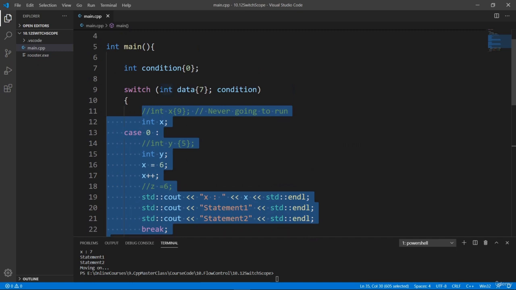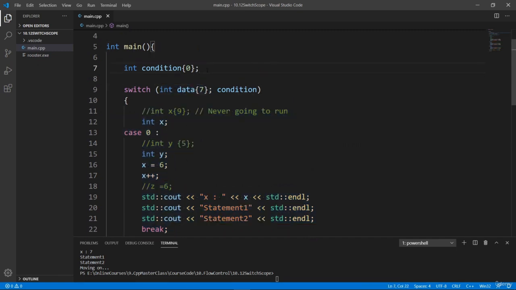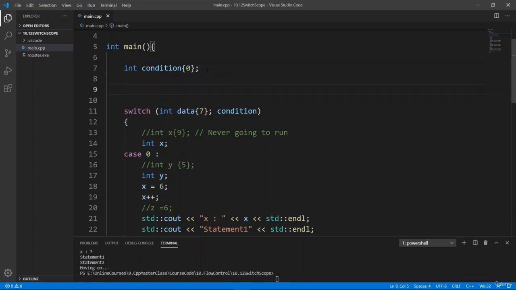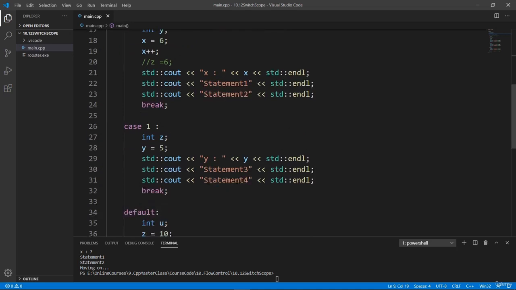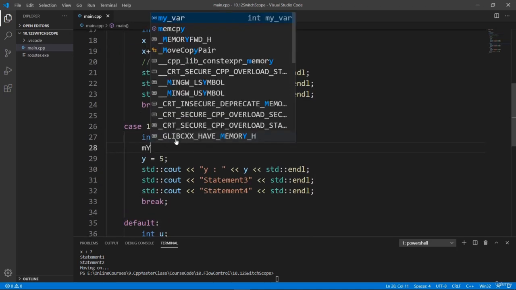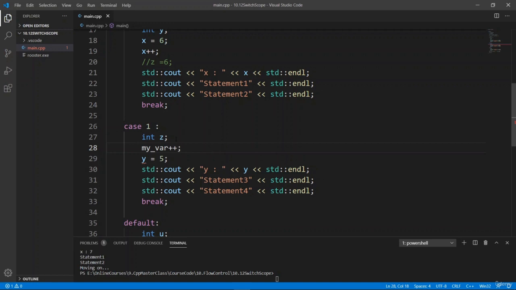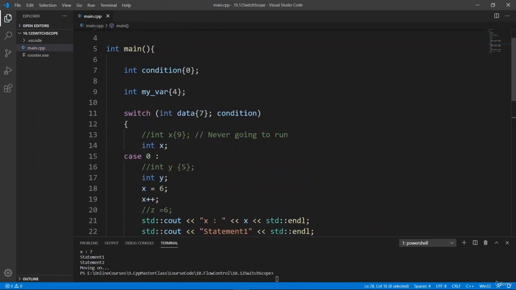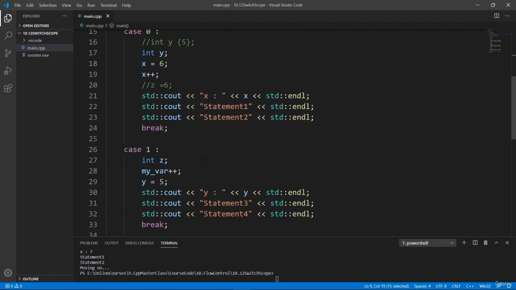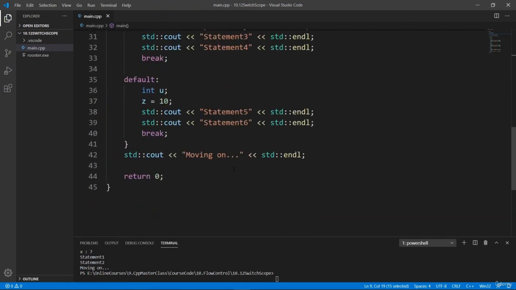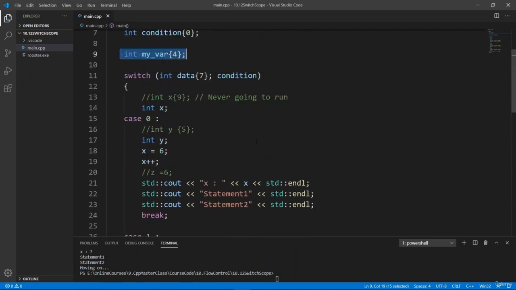If this is not going to be enough for you, you still have the option to declare and use variables outside the switch scope. So if you say my var and put in a 4, for example, you're going to be able to use that inside any case. For example, here we can say my var ++, and this is going to work. And this is much cleaner, because somebody knows we have one point of control for this variable, and it is really easy to follow. What I recommend for your switch statements is to use your initializer like this, or even an